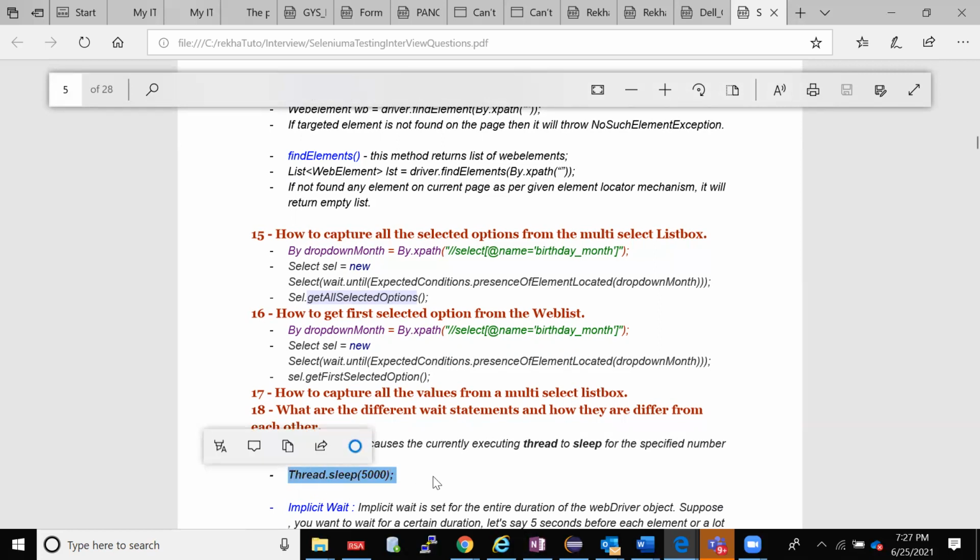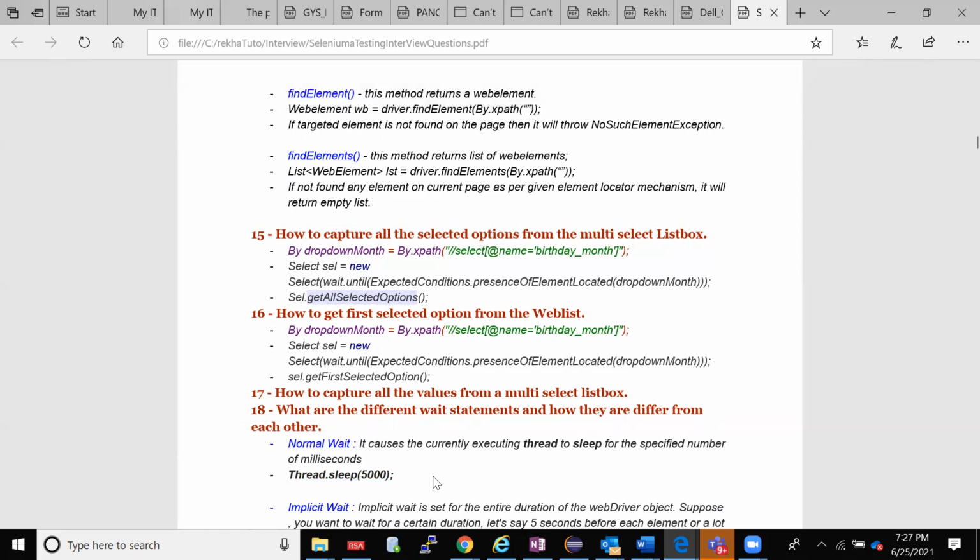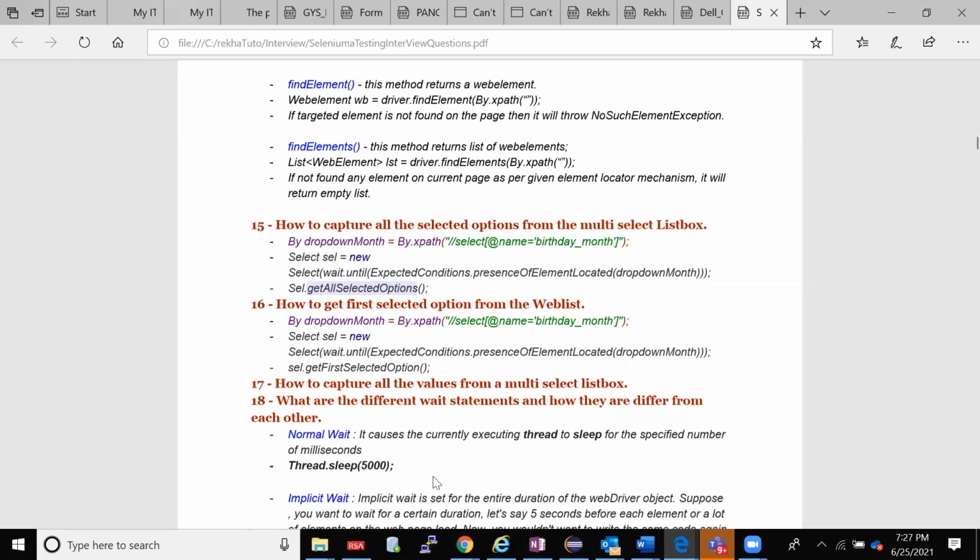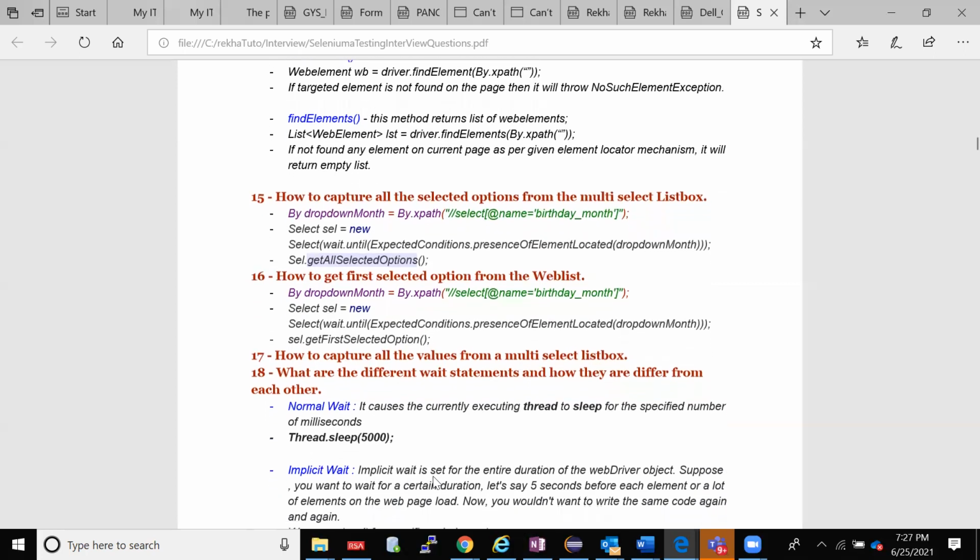Somewhere by hiding, and all we can use, but your manager or someone will always ask you not to use Thread.sleep. If it is very important, we can just hide and use it, but avoid using it. If it is very, very important, like your other waits are not helping out, in that case only you can use Thread.sleep. When someone asks you, you're supposed to tell that.